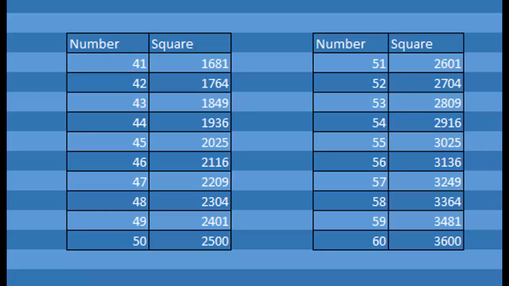For example, this is 41. Now this is 9 less, so square of 9 will be 81 and subtract 9 from 25, you will get 16. So this is 1681. Similarly for 42, 8 squared is 64 and 25 minus 8 is 17. For 57, this is 7 greater than 50, 7 square is 49 and add 7 to 25, we will get 32. So 3249 is the square of 57.